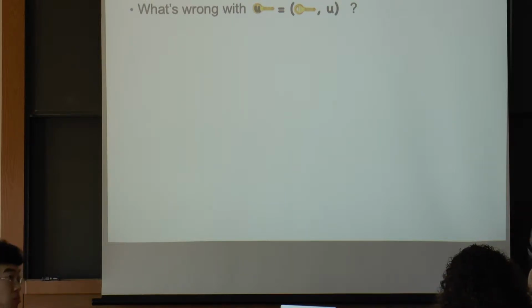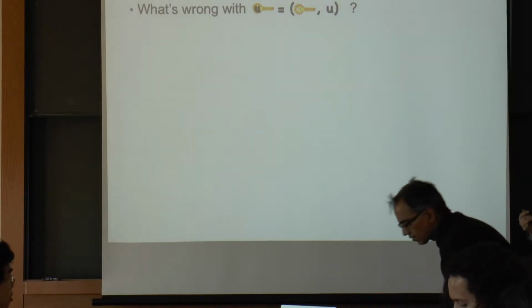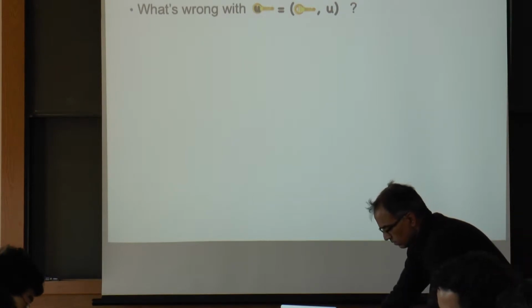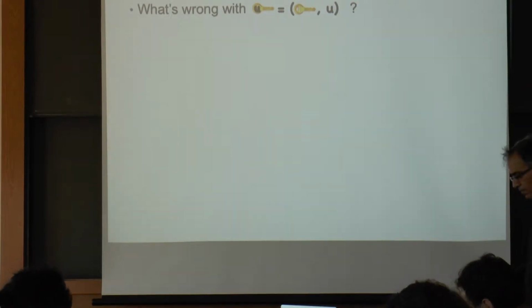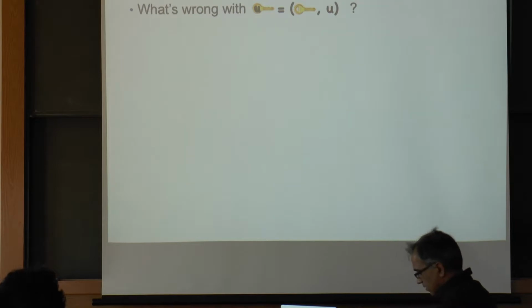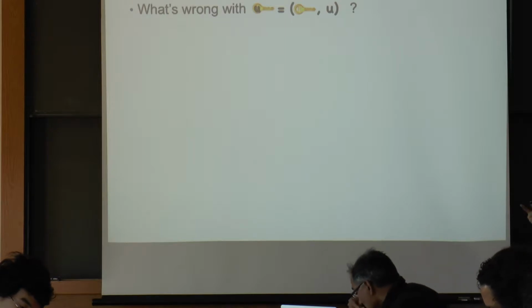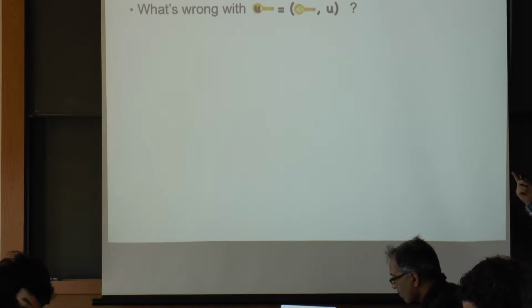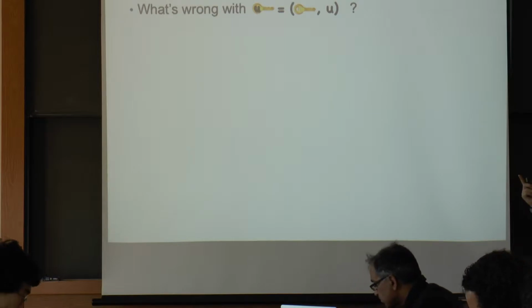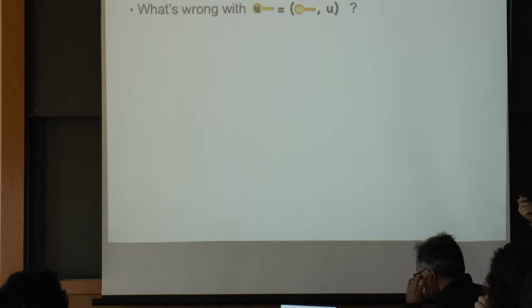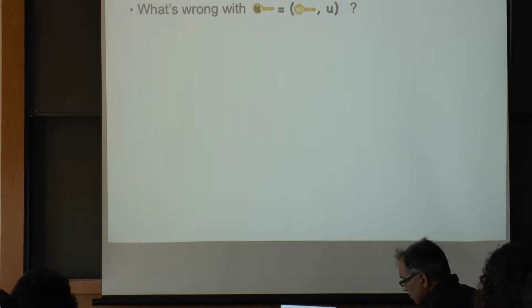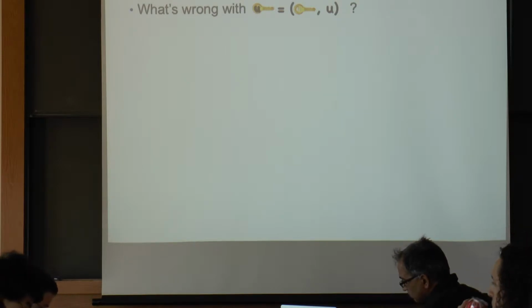But I guess it scales with the number of users, which you probably don't want. Yeah, so that's exactly what we're going to get to in a couple slides, is that we want to keep things from scaling too poorly with the number of users. But in any case, regardless of how you actually go about implementing it, it should be clear that every user needs their own secret key. We clearly can't use this sort of silly scheme where we just add their identity to the key, because they could just strip that identity off and leak the underlying key, and we have no way at that point of identifying the user.